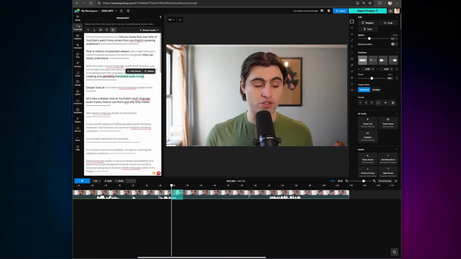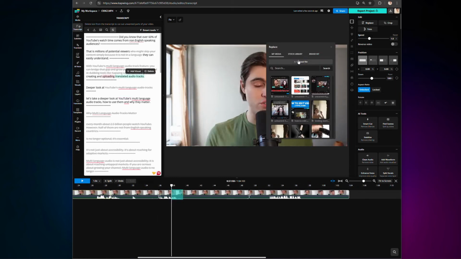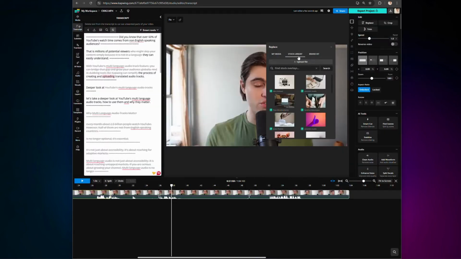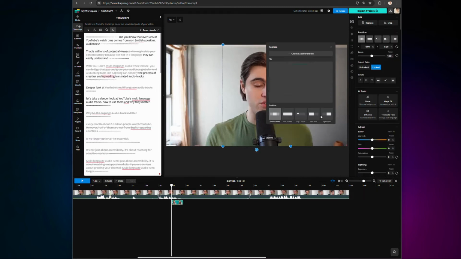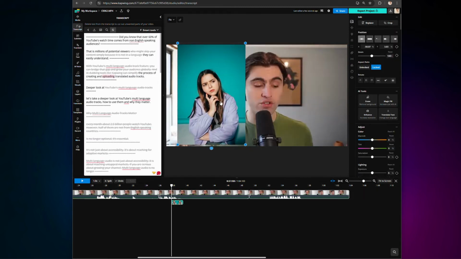Just choose any word or sentence you want the media to match with, then upload your file or use footage from the stock library. Every upload also includes custom positioning, making it easy to overlay watermarks, logos, or other visuals exactly where you want. Finally, we have one more updated function in the Smart Tools section, and it is the ultimate weapon